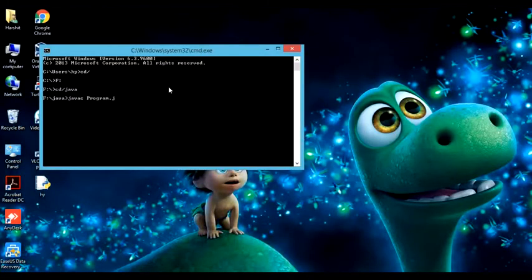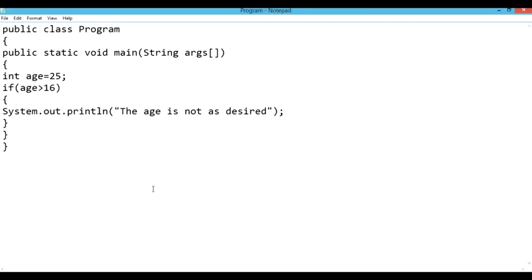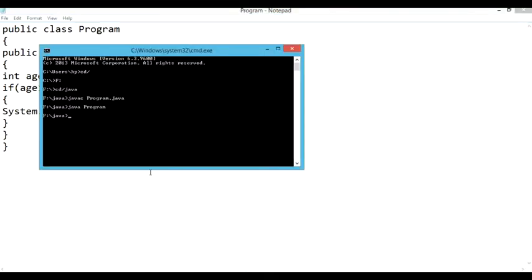If age is less than or equal to 0, then the system.out.println should print an output that the age is less than the desired number, which I have already given in the value of a. So this will be printed whenever I check this if condition. Whenever I execute this code, the message that will be displayed to me will be what I have given in the system.out.println. So this was the purpose of using an if condition.